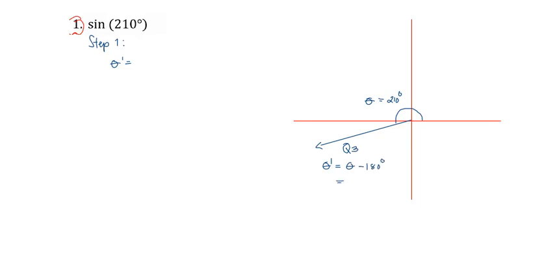So that's 210 degrees minus 180 degrees, which is just 30 degrees. That means our reference angle is 30 degrees for 210